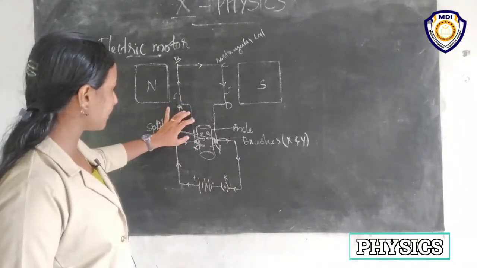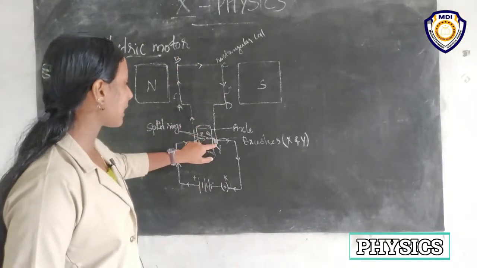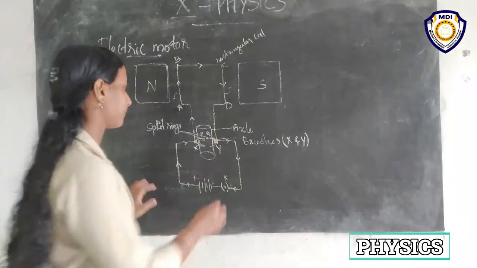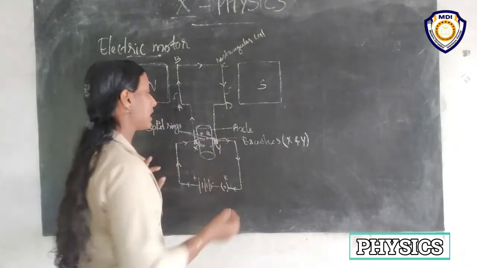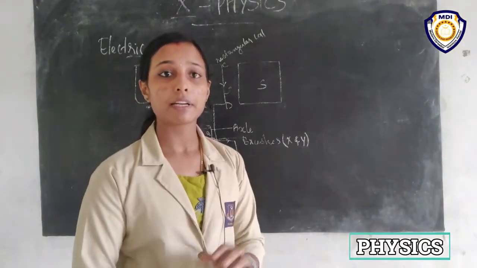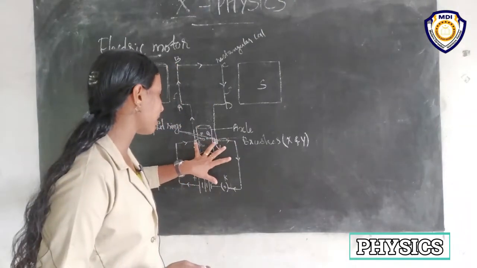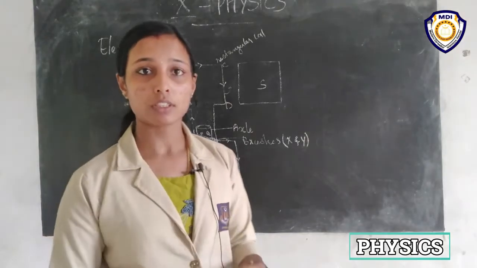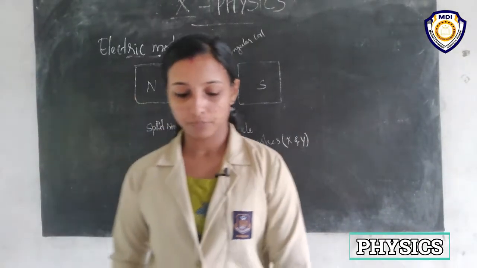So this is the armature, or we can say a rectangular coil. We have named it A, B, C, D. This rectangular coil is then connected to two graphite brushes, right? So here we have two brushes. Those brushes again contact the two split rings. Split ring means it's a ring, but it is split into two halves. These graphite brushes are connected to split rings that are insulated, that means they do not conduct.